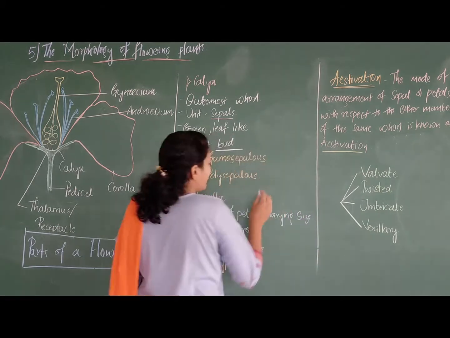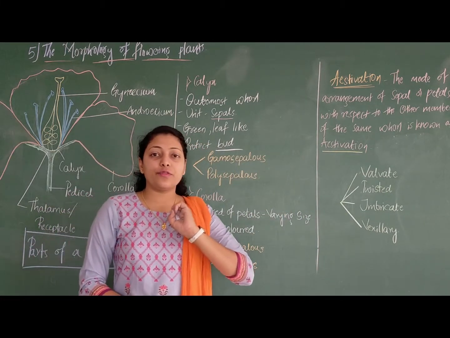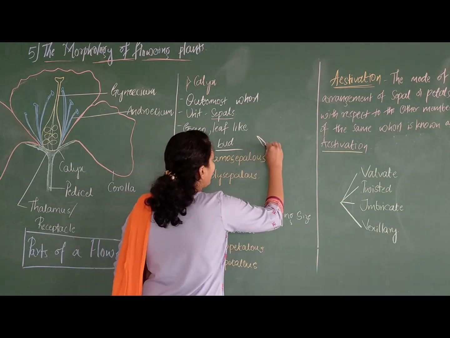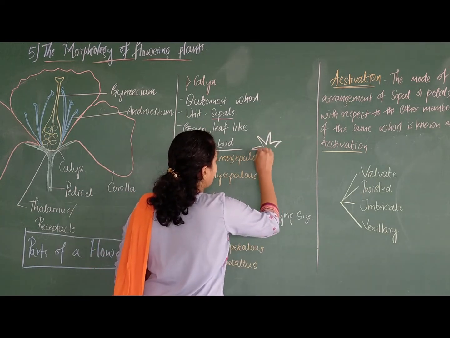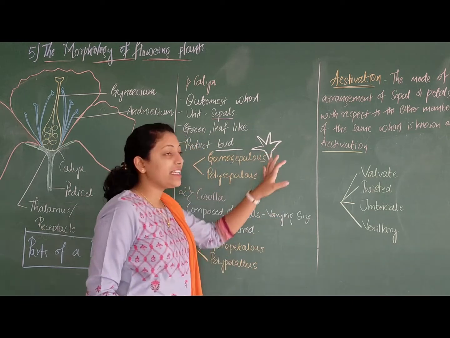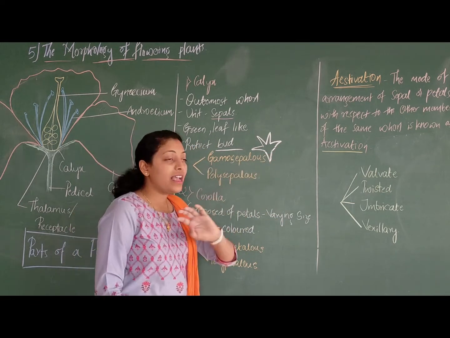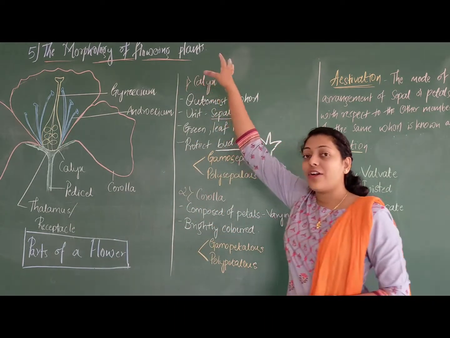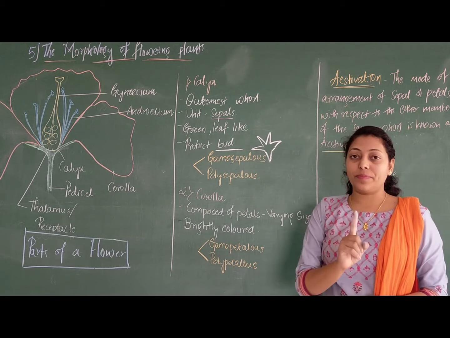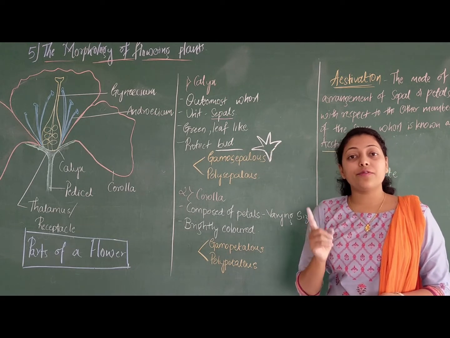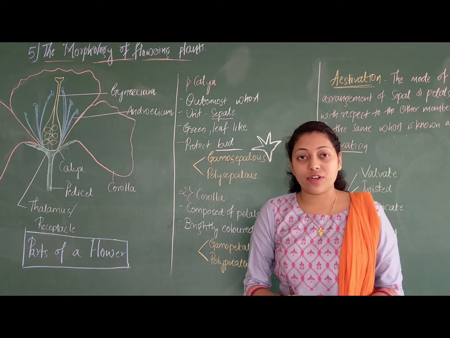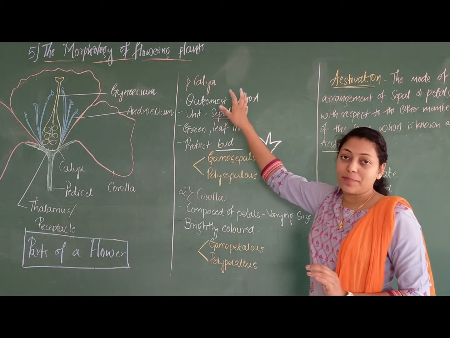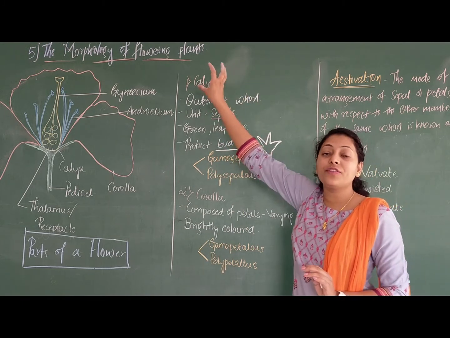Okay, united in the sense we know that there will be either 5 calyx or 4 calyx, which you can see. So here, if the calyx are united like this, then they can be called gamosepalous, because we know the unit of calyx is called sepals. The other name for calyx is sepals, because one single calyx is called a sepal. It is the unit of calyx.